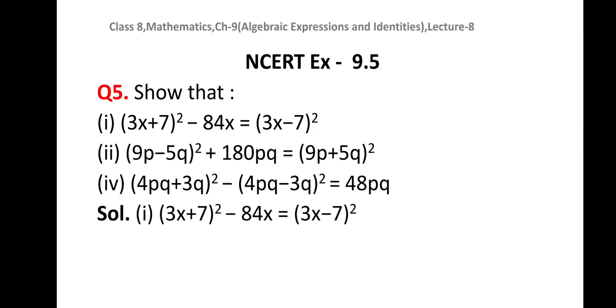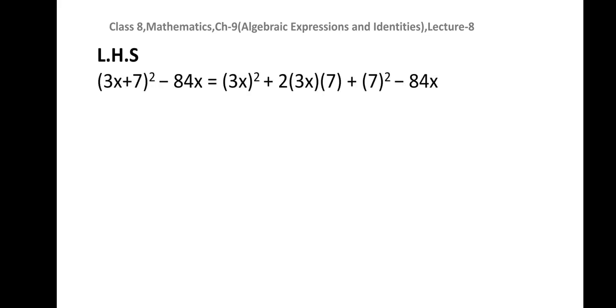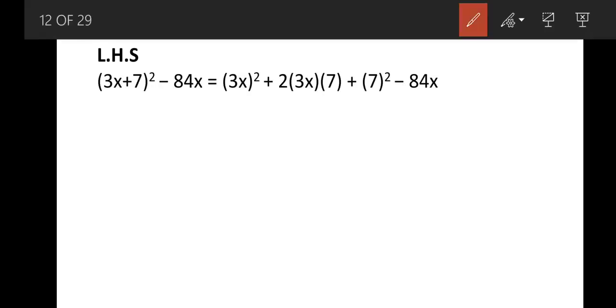Let us see now the first part. I am first taking the left hand side. On the left hand side, we have (3x plus 7) whole square. As I told you, 3x is there and 7 is there, and in between these two terms a plus sign is there, and the square is also present. 7 is a constant term, 3x is a monomial. So, can I correlate it with identity number 1?